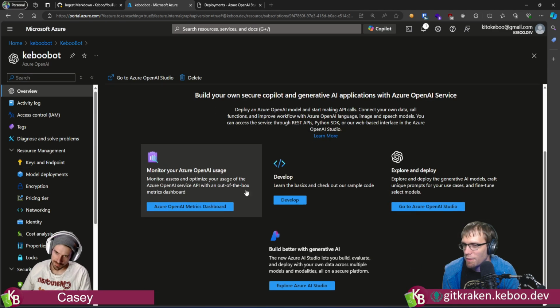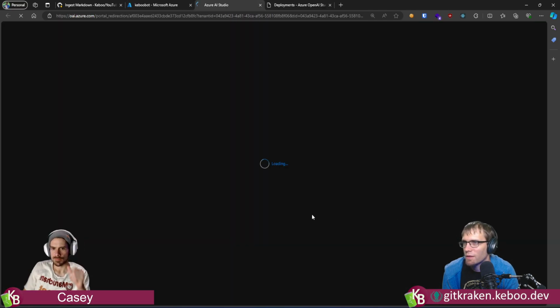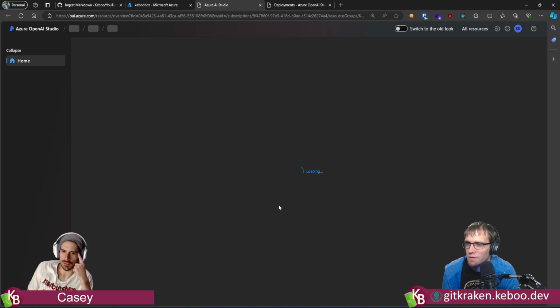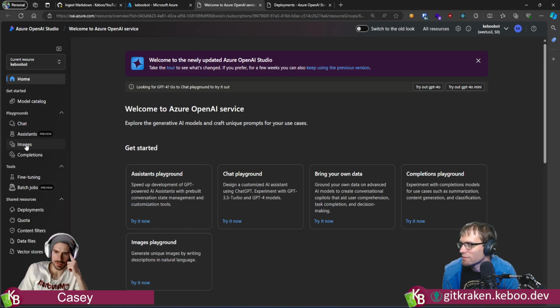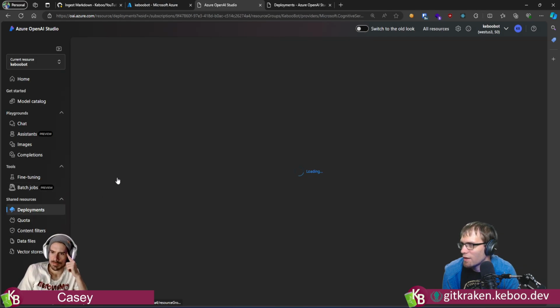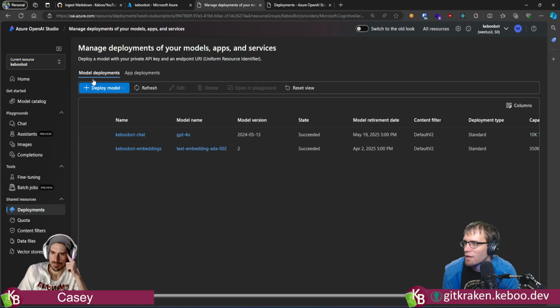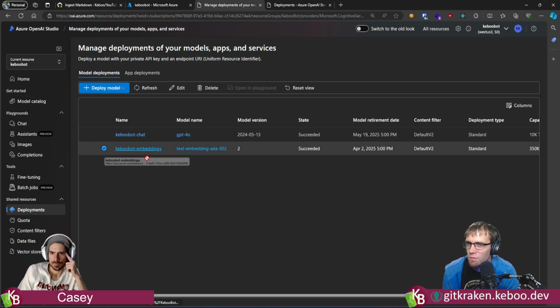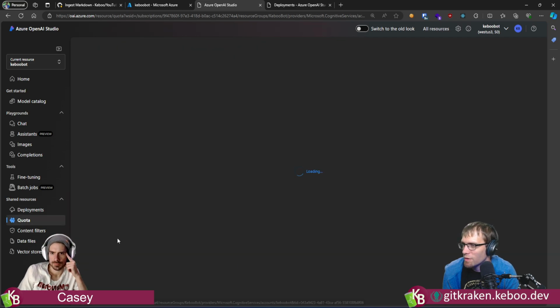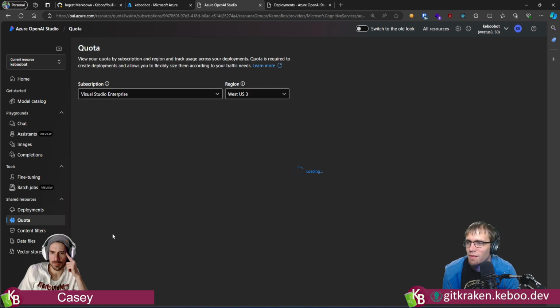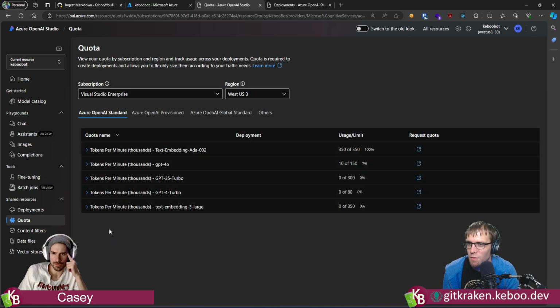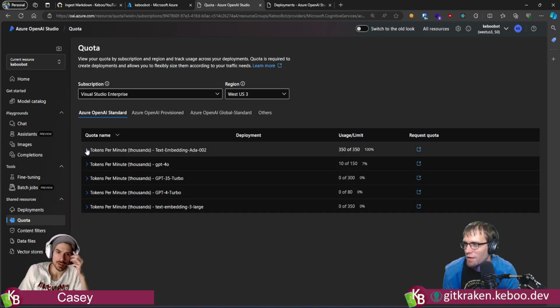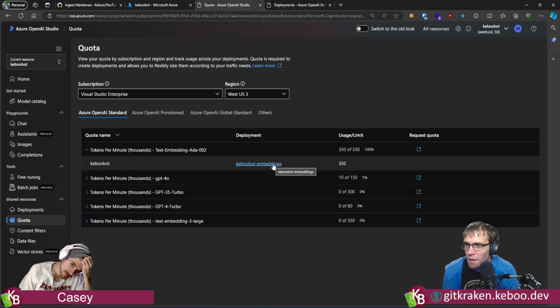Yeah, because I'm willing to bet if we go here and we go here. Oh yeah, we hit the limit before. We're definitely gonna have hit the limit again. Yeah. So then I go here, right, and then I check my embeddings one. Well, hold on, wasn't this the quota thing? This is where we saw this and went, yep.